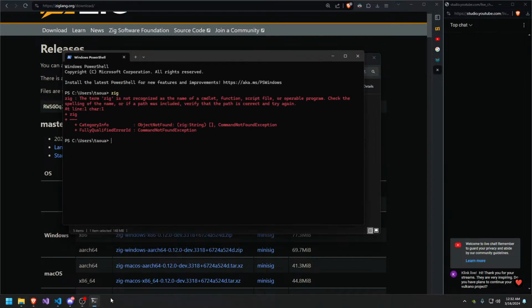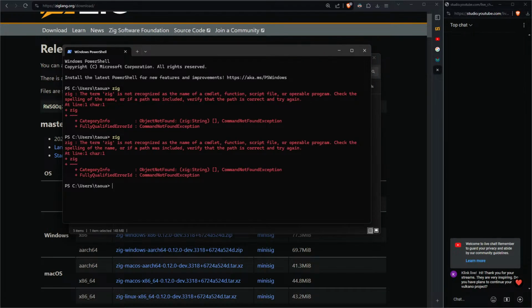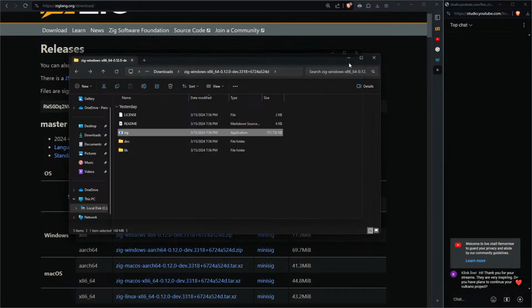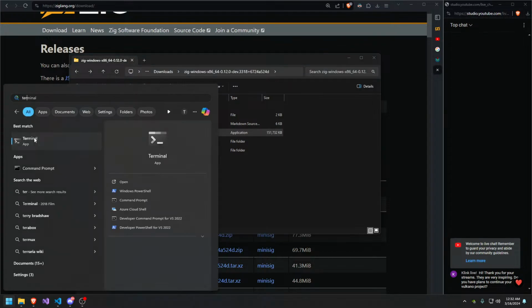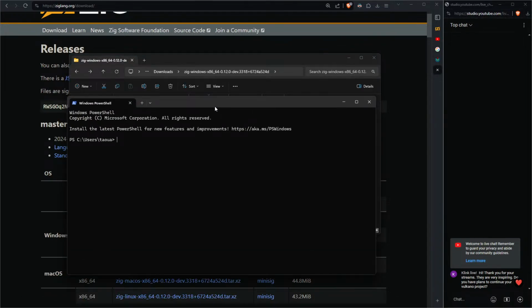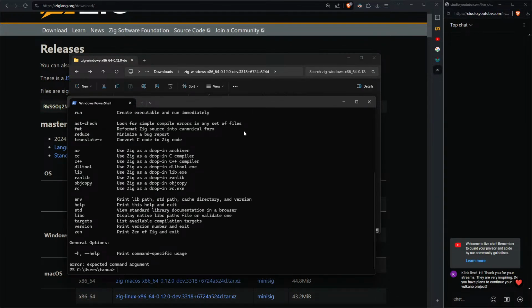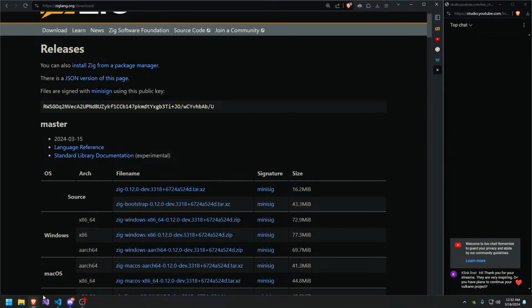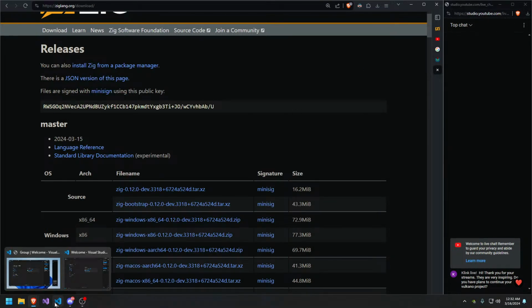Right now we have Zig in our path, though of course if we run it here it wouldn't work because we have to restart our terminal to refresh the environment. And now if I actually run Zig, there you go. Now I can run Zig from wherever I want. Now of course I also have to restart Visual Studio Code real quick, and I'm gonna run it again. Okay,